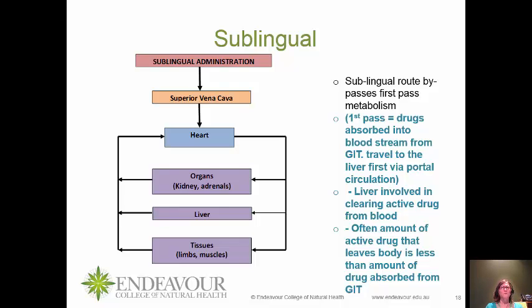So first-pass metabolism is a key concept, showing that with the oral route, high first-pass metabolism means large amounts of that drug go through the portal circulation to the liver, are biotransformed, and are cleared from the body. But with other routes of administration, we've used the sublingual route as an example, you can bypass the portal circulation, bypass the liver, and bypass a lot of that